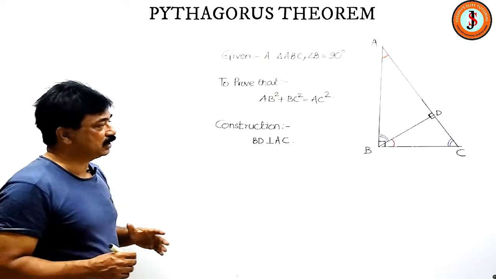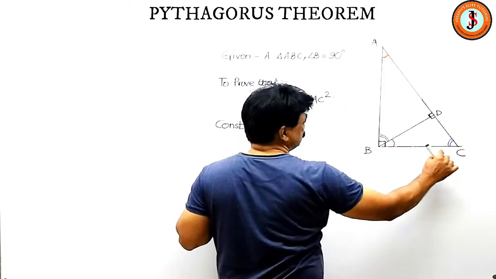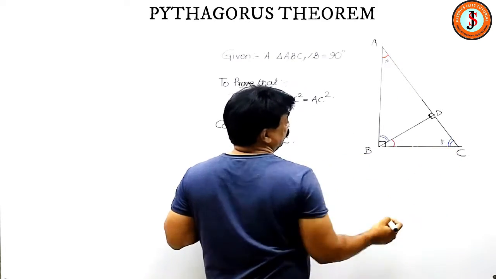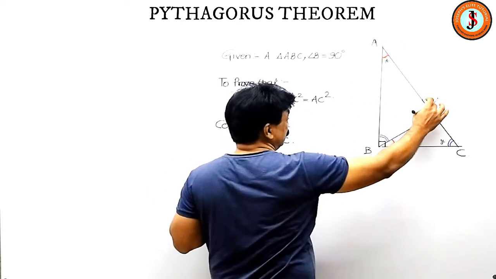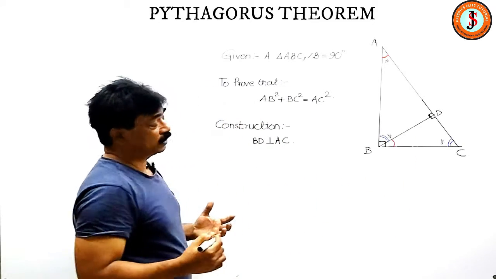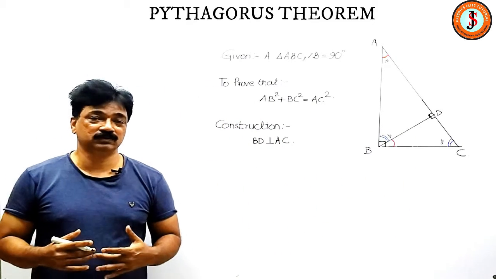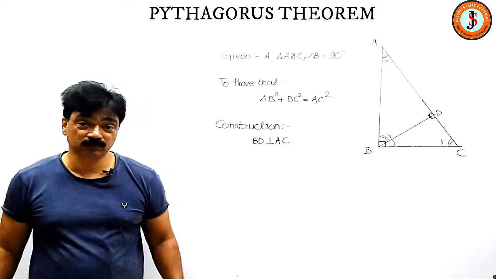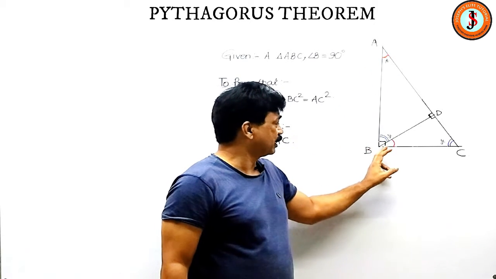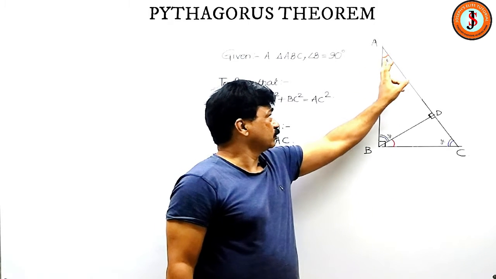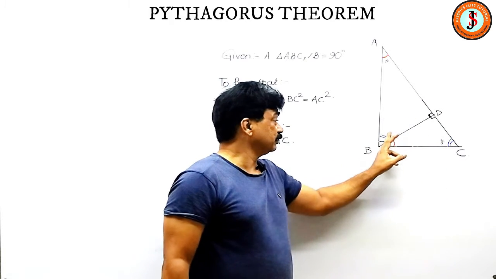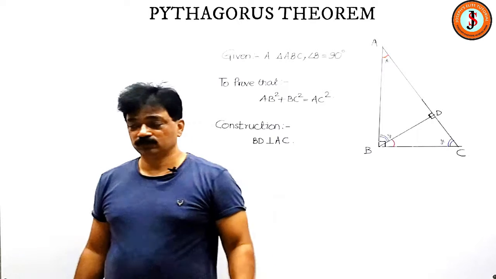Which two triangles? ABC, see how I am naming ABC, that means X, 90 and this is Y. And another way, ADB, that is X, 90, so this should be Y. Because if two angles of a triangle are matching, then the third angle automatically will be 180 minus the sum of those angles. So if the larger triangle has one angle as X, another as 90, then the smaller triangle also has one angle X and another angle 90. So the third angle, if in the larger triangle I take Y, then the third angle in the smaller triangle also should be Y. That has to be understood.